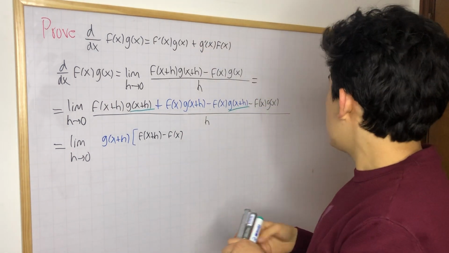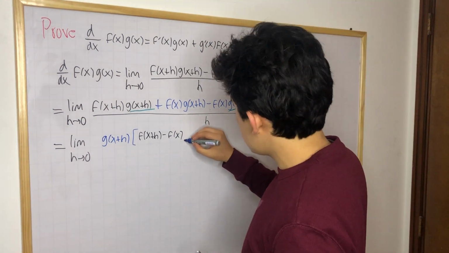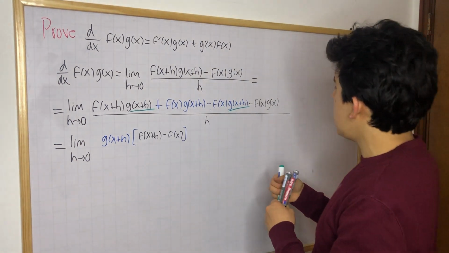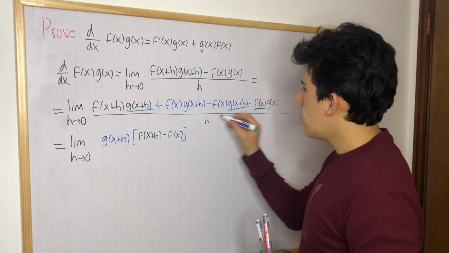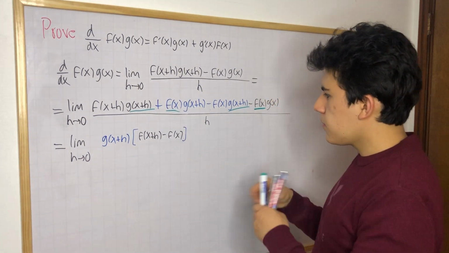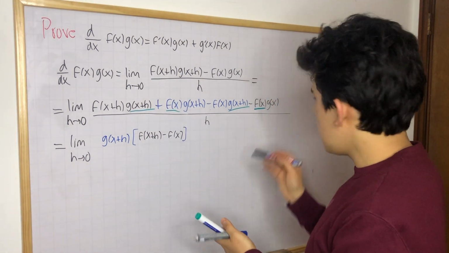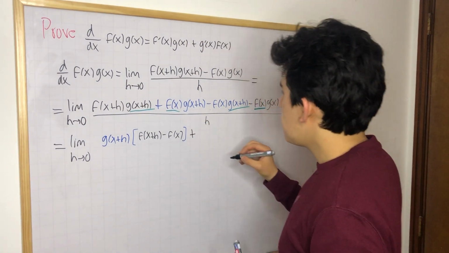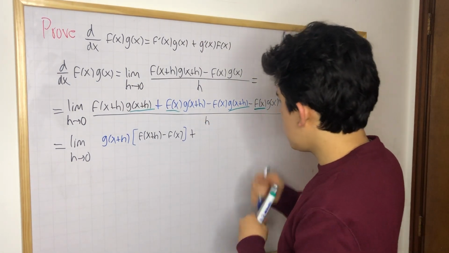And now we're going to do the same thing with the other two terms. But in this case, the common factor that we're going to take out is going to be f of x. So it's going to be this one and this one, okay? So let's do that, and we're going to take out f of x with a positive sign. So we have plus, once again, f of x